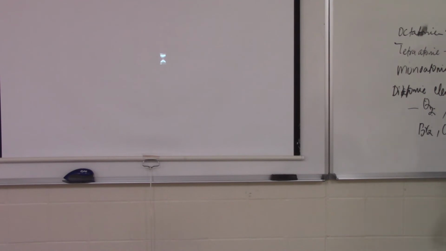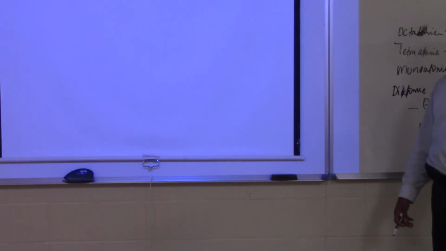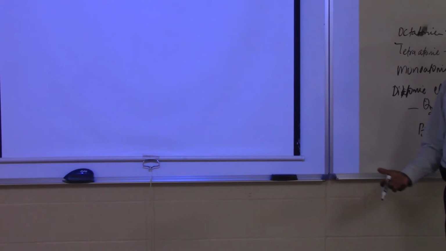So now what is an element? How do you define an element? An element is the simplest form of matter, which cannot be broken down chemically any further. So they have the same type of atoms. If I take the element calcium, it contains only calcium atoms. If I take potassium, it contains only potassium atoms. So those are called